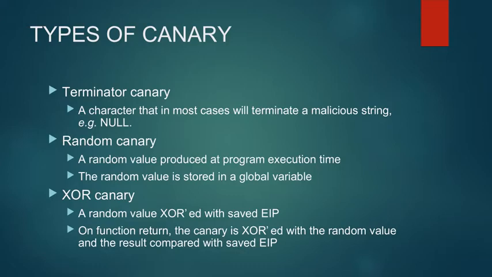Random canaries detect all sequential writes that do not know its secret value. It's based on the assumption that the exploit can sequentially write any value it wants and keep going. So it forces the exploit to know a 32-bit random number retrieved from a global variable that is initialized to a different value each time the program executes, similar in a way to address space